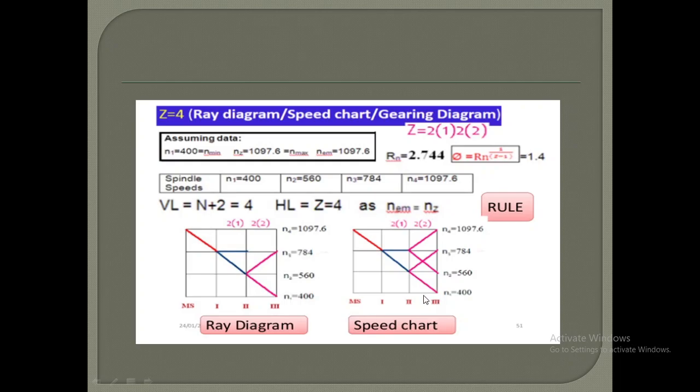Then you can draw from the center also and you will get it correct. But you have to choose this shaft: the motor shaft is connected to the nearest input speed, or the maximum input speed. That's why we have drawn it here. See, 2 1 is the same thing. We have drawn the horizontal line and this incline. Here the gap is 1 and there are 2 transmission lines. Again, here you have to draw the same thing in the ray diagram. Only you have to show how the speed is reduced.